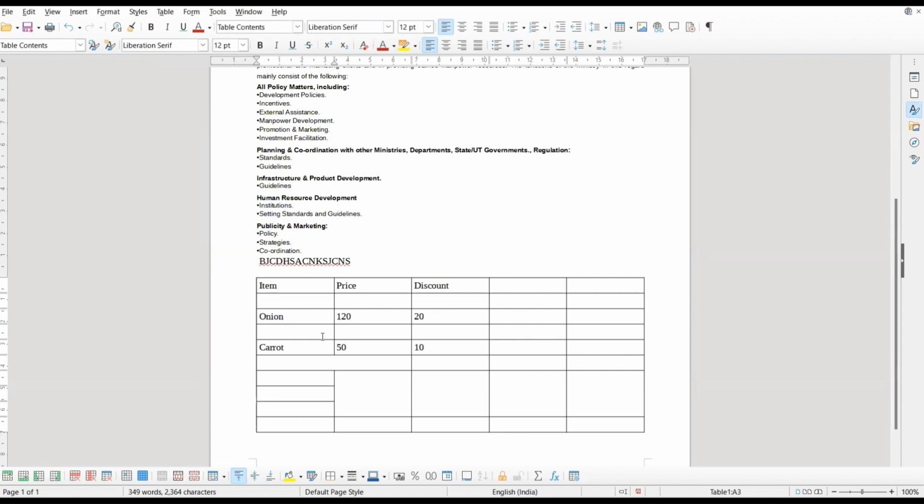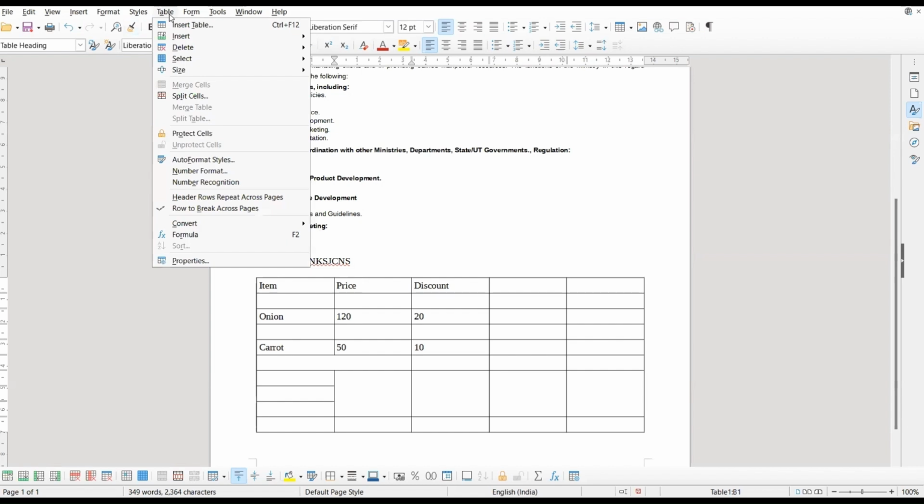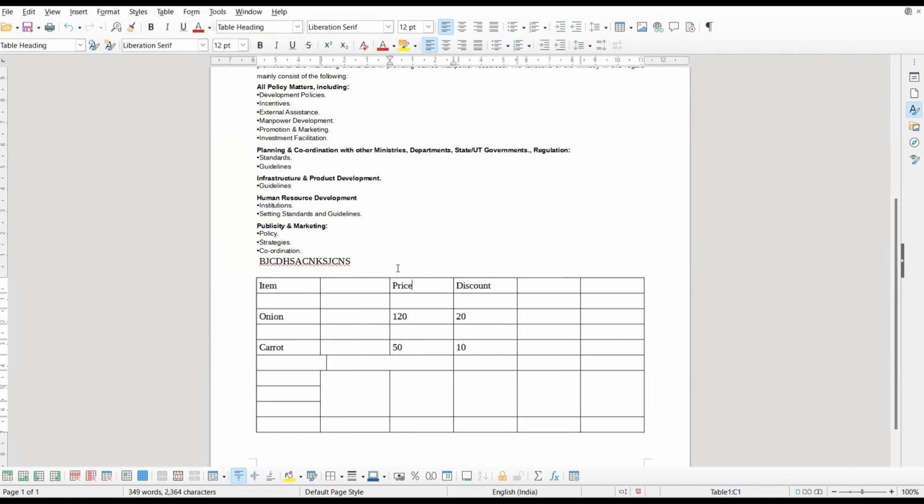Now coming to column, so in the same way just like the row you can add columns too. Suppose this is the price column and I want to add one column before the price. So what I have to do, I have to place a cursor over here and after this I have to go to this table. In this you can find option that is the column before. So you have to click over here. तो इससे क्या होगा कि जो प्राइस का कॉलम है उससे पहले एक कॉलम ऐड हो जाएगा.